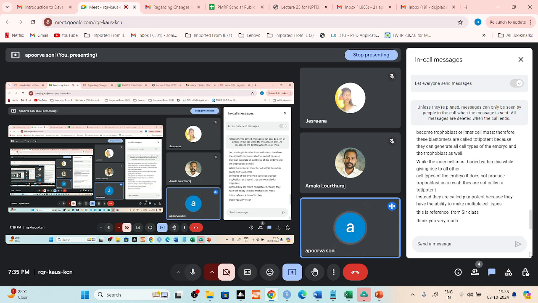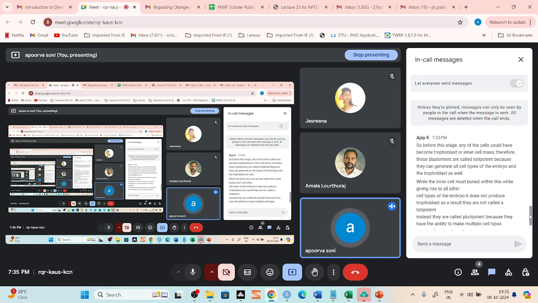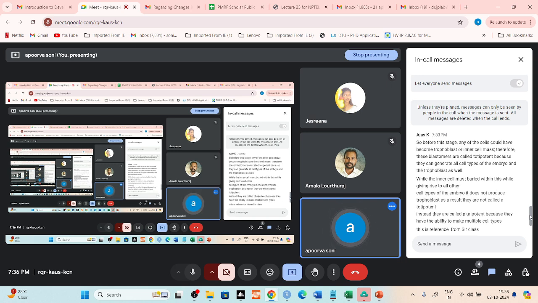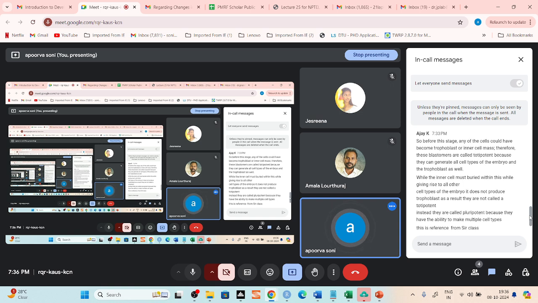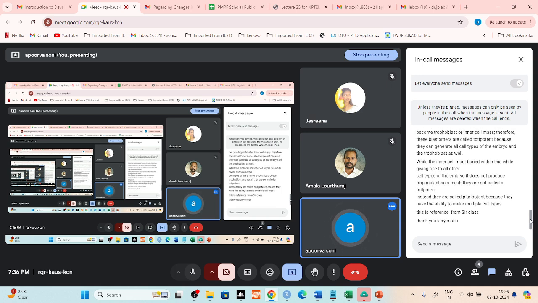These are totipotent cells, because if they are not totipotent cells, they cannot give rise to the whole organism. Before this stage, any of the cells could have become trophoblast or inner cell mass. Therefore, these blastomeres are called totipotent because they can generate all cell types. While the inner cell mass, buried within this, gives rise to all other cell types of the embryo, it does not produce trophoblast. As a result, they are not called totipotent. Instead they are called pluripotent because they have the ability to make